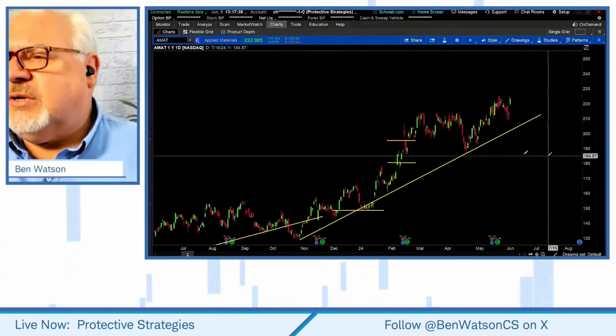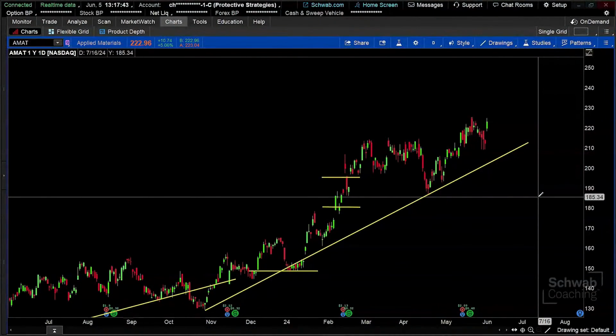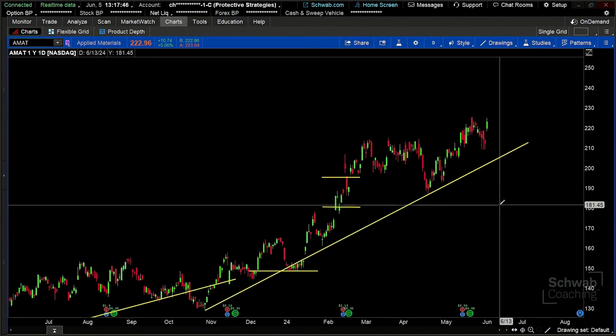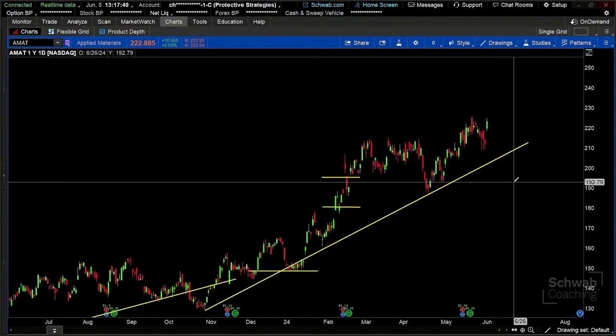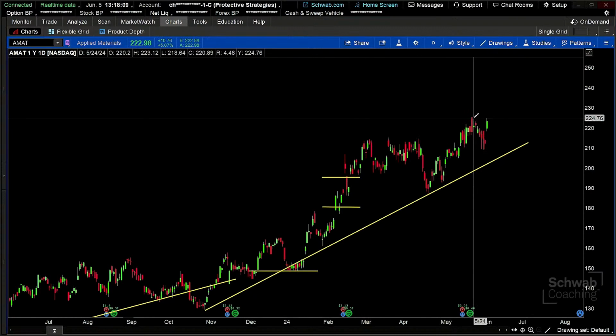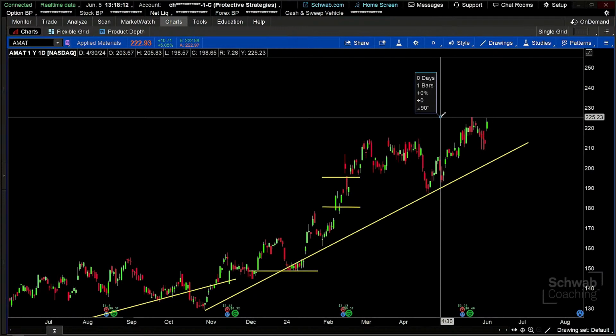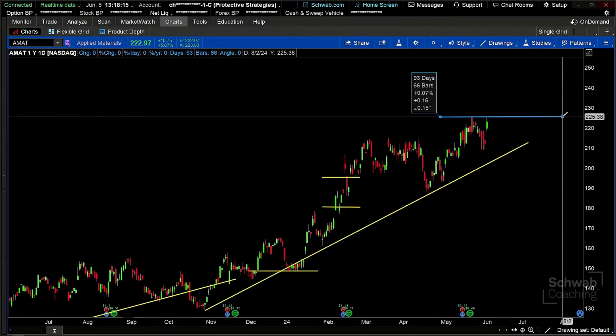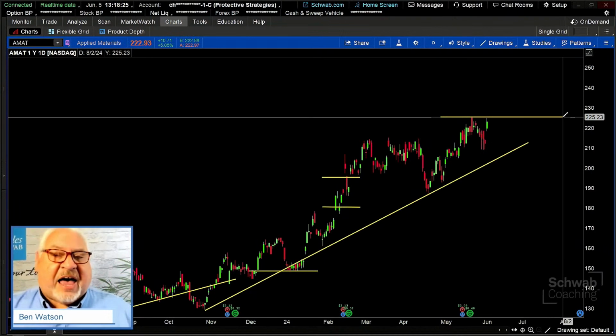Okay, so what we're going to look at doing here in this particular case, step one is defining what levels we're going to establish this collar strategy. So some traders may use previous levels of resistance and support to help define where those levels might be, right? So some traders might say, taking a look at this previous resistance that we have here right around that 225 mark, hey, look, this looks like potentially a level of resistance. And we might want to use either that level of resistance or some level above that as a means to